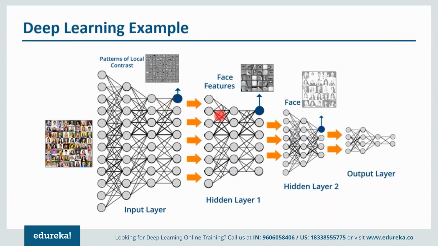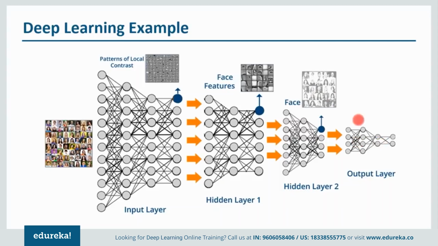And after that, in the following layer, it will determine the face features. It will fixate those face features, so it will form nose, eyes, ears, all those things. Then it will accumulate those correct features for the correct face, or you can say that it will fixate those features on the correct face template. So it will actually determine the faces here, as you can see over here. And then it will be sent to the output layer.